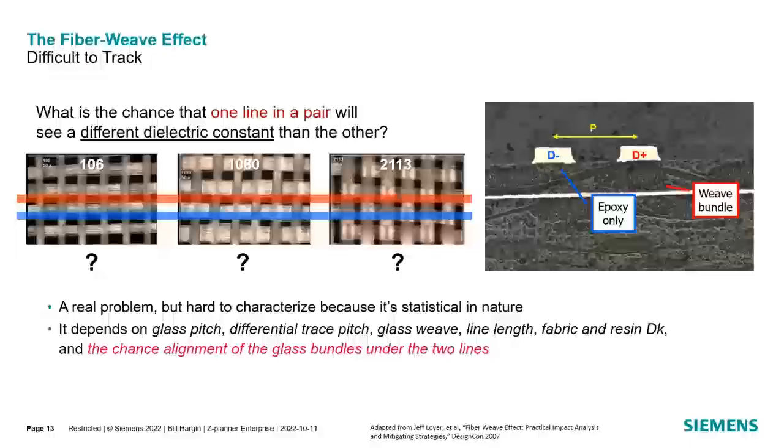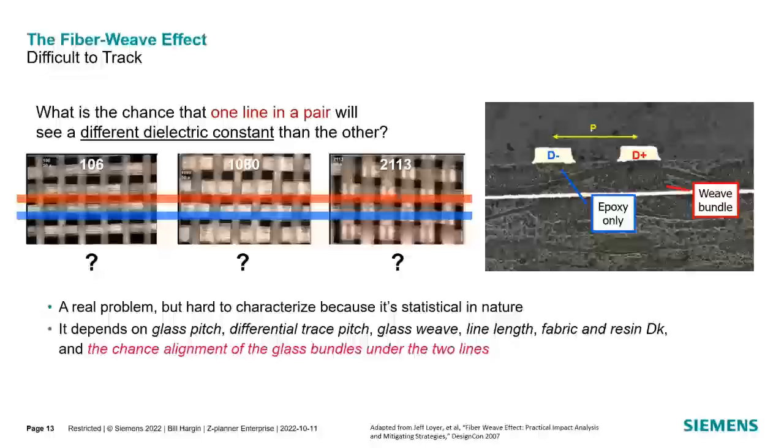The fiber weave effect is a difficult beast to track. What's the chance, for example, that one line in a pair will see a different dielectric constant than the other? Here I'm showing 3 different glass styles with the same differential pair running across all 3. And you might be able to see that there are slightly different microenvironments, as I call them, around the blue trace primarily, but really both halves of the diff pair as you